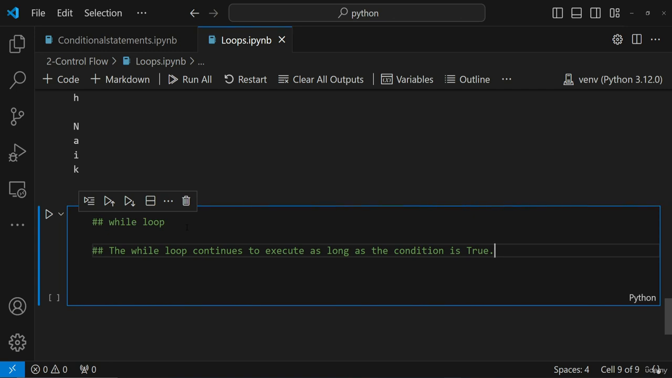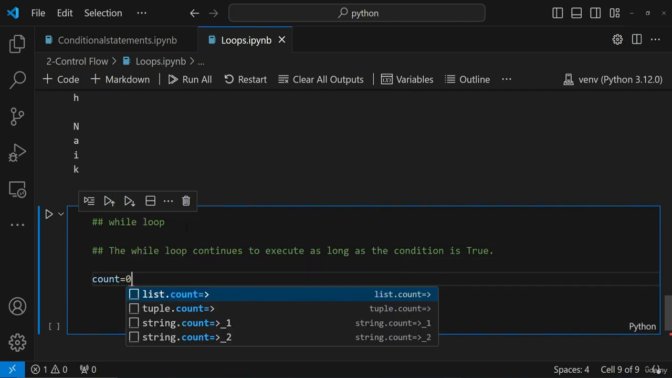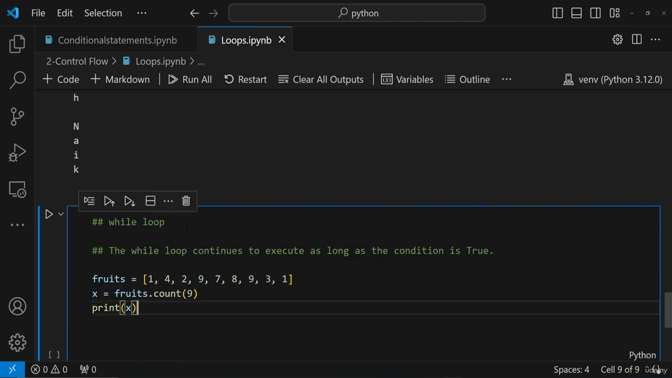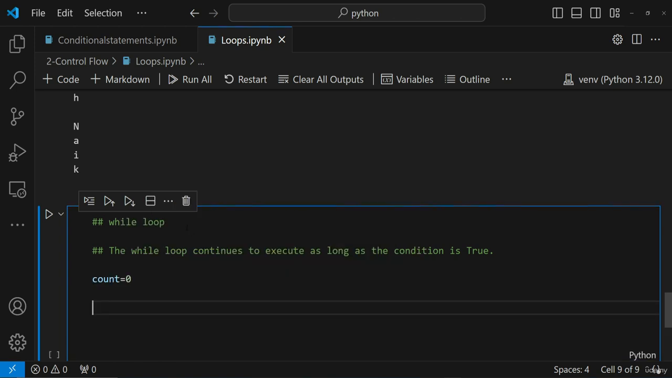That basically means unless and until this while loop, whatever condition I'm writing in the while loop, is true, it is just going to execute it, okay? Now let me do one thing. Let me create a temporary variable called count, okay? Now with respect to this count, let me go ahead and write while count is less than 5,